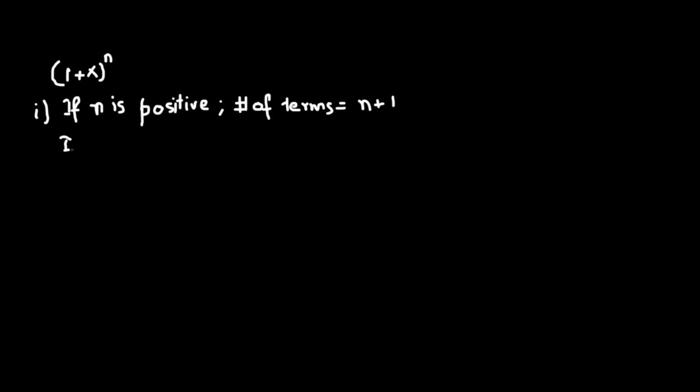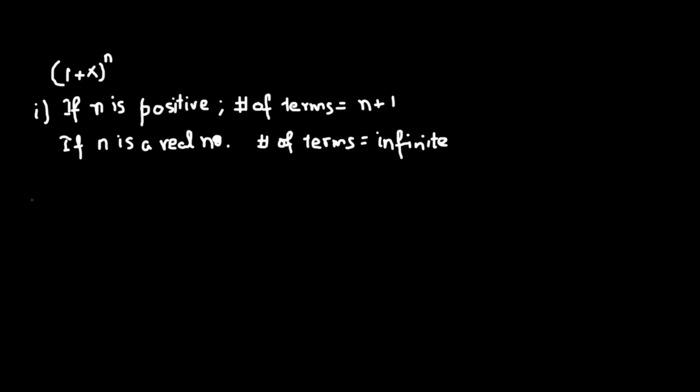However, if n is a general index, general is to say if it's a real number, if n is a real number, then the number of terms are going to be infinite. There will be an infinite number of terms. So that's the first conclusion that we can draw from the binomial expression 1 plus x raised to the power of n. The second one is